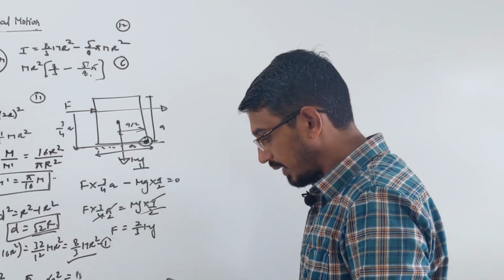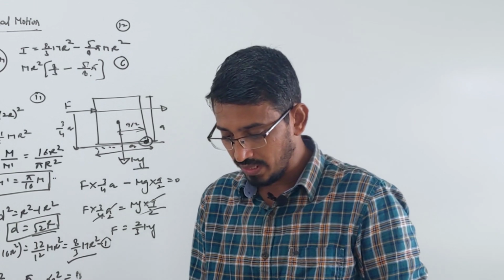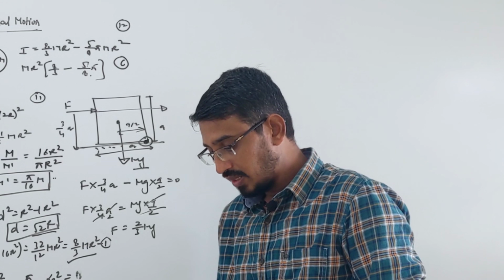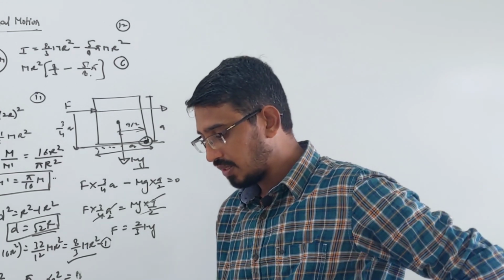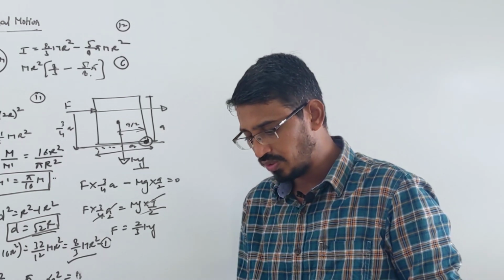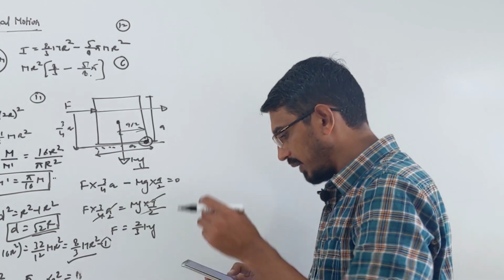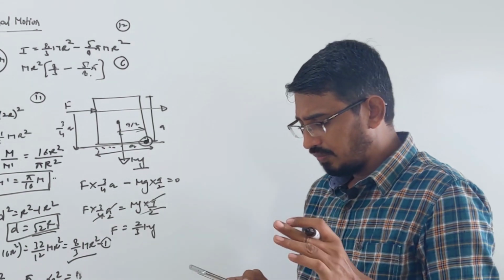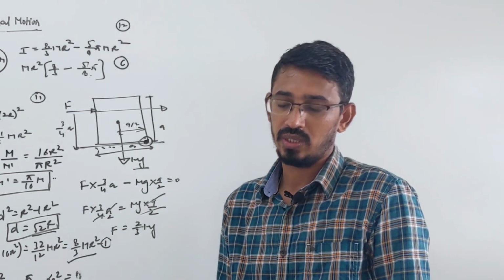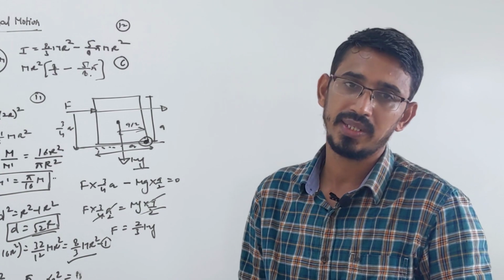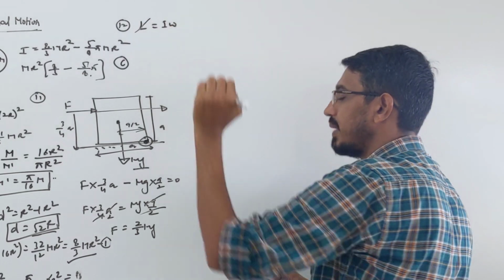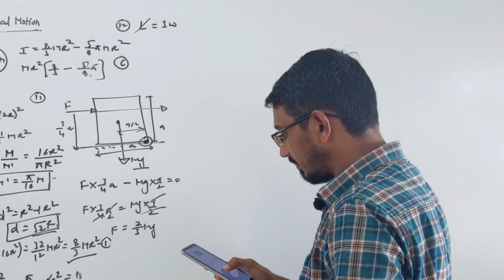Moving to 12th problem. It says the angular velocity of a body changes from omega 1 to omega 2 without applying torque, but by changing moment of inertia. The ratio of the initial radius of gyration to the final radius of gyration is what? Look here, what is given? We are changing angular velocity from omega 1 to omega 2, and we are not applying torque. Torque not applied means angular momentum is conserved, right? So look here, angular momentum is I into omega. This is conserved, which remains constant.